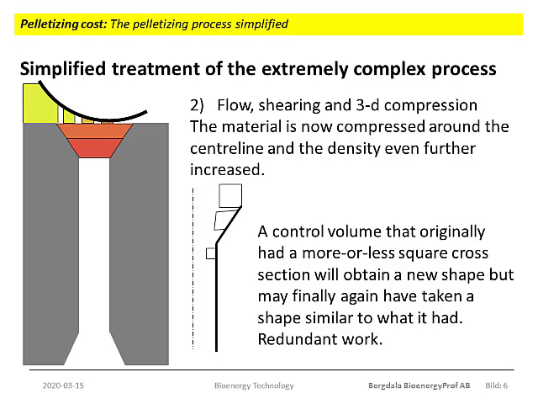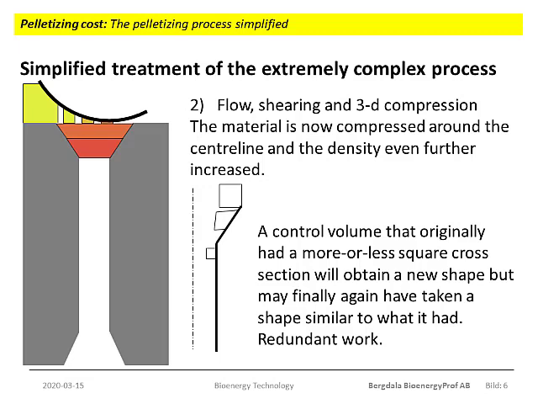But by the end of the day, once it enters the cylindrical part of the die, will it have been compressed but may well have retained its original shape, though smaller. So this is called redundant work. Starting with a square cross-section and ending with a square cross-section, the material may nevertheless have undergone severe deformation